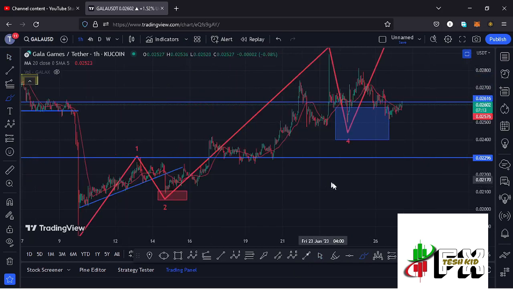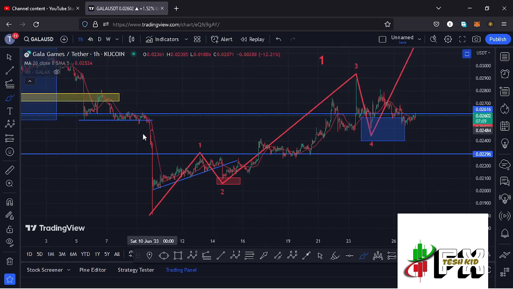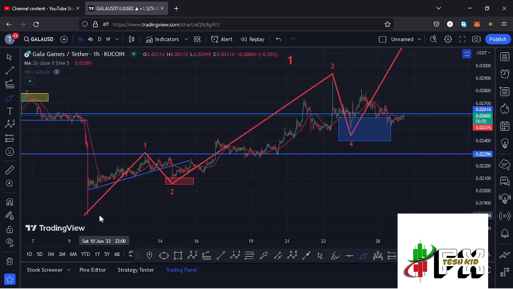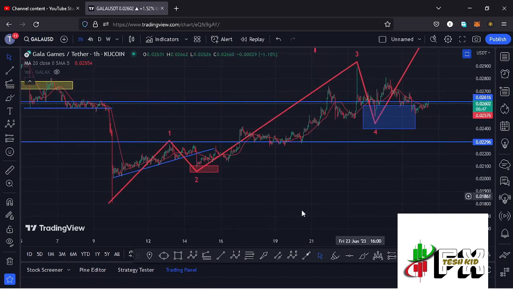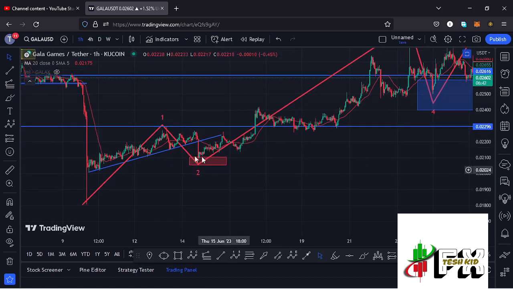We have also continued to obey the Elliott structures, and you can see that after seeing our massive crash on the 10th of June, in a breakdown move that gave us a low at around the $0.018 mark, we have been seeing a very nice recovery to the upside, where we first peaked in that first wave to the upside. Then we saw a bit of a breakdown move in the formation of this wave 2, in a move that has now fully maximized minimum target areas for that second wave.